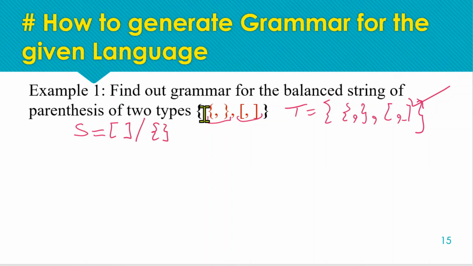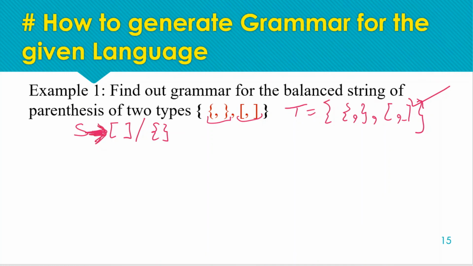If we have multiple production rules corresponding to a non-terminal, we can simply write them in cascading terms, meaning this is the first rule and this is the second rule. You can use this slash to represent multiple rules corresponding to one non-terminal. Here we will be using this single arrow.